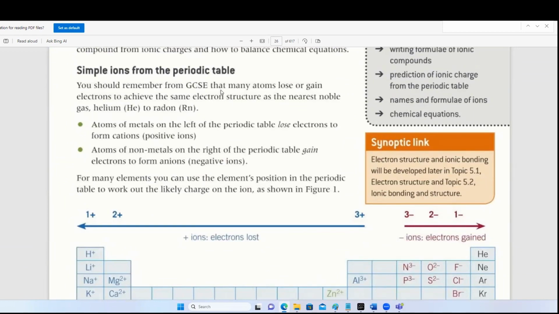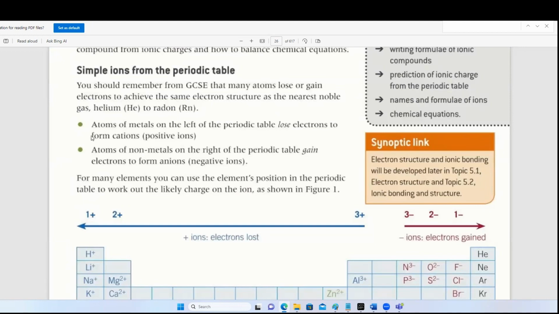You should remember from GCSE that many atoms lose or gain electrons to achieve the same electron structure as the nearest noble gas. So everyone wants to become the nearest noble gas. Take lithium, which has atomic number three, so three electrons. It wants to get rid of one of them so that it can be like a noble gas, which is helium. Other than that, most of them want to have eight electrons in their outer shell,